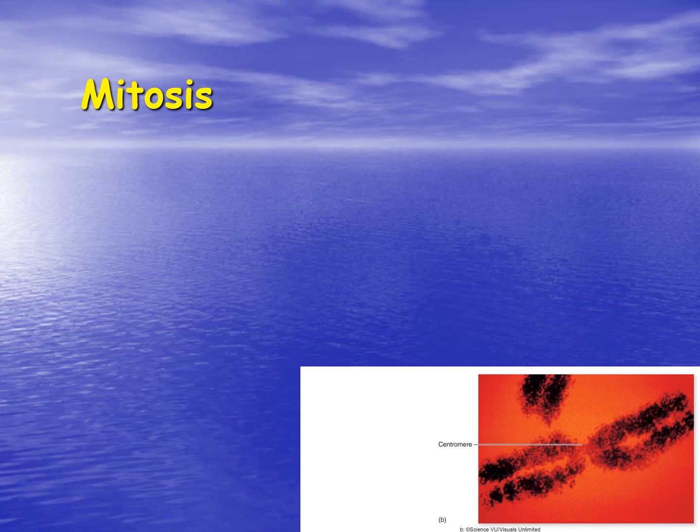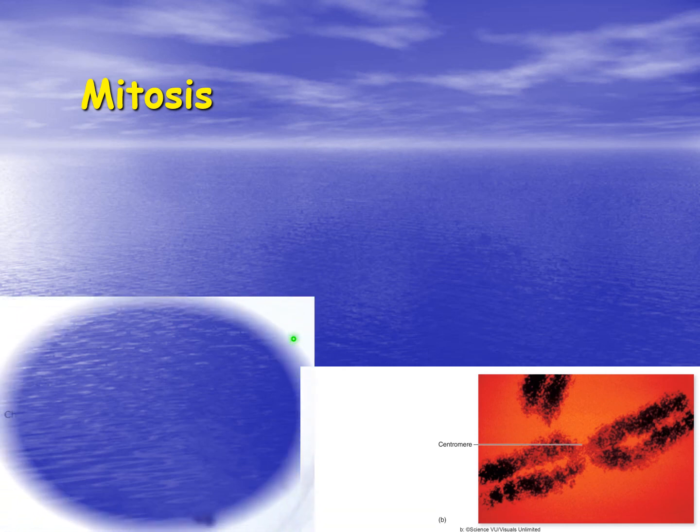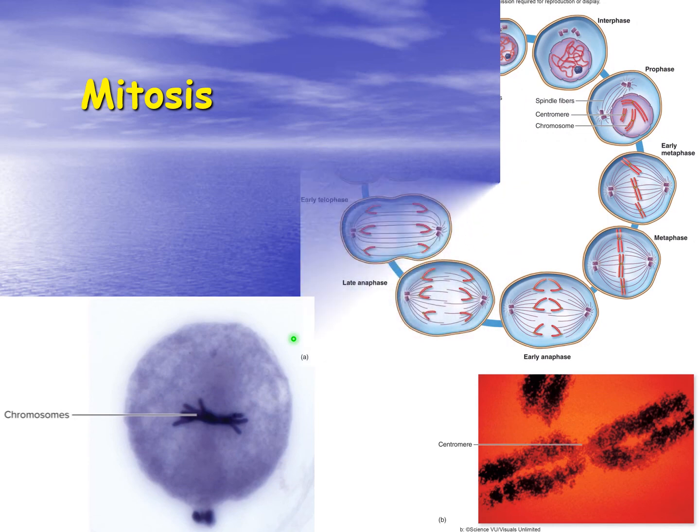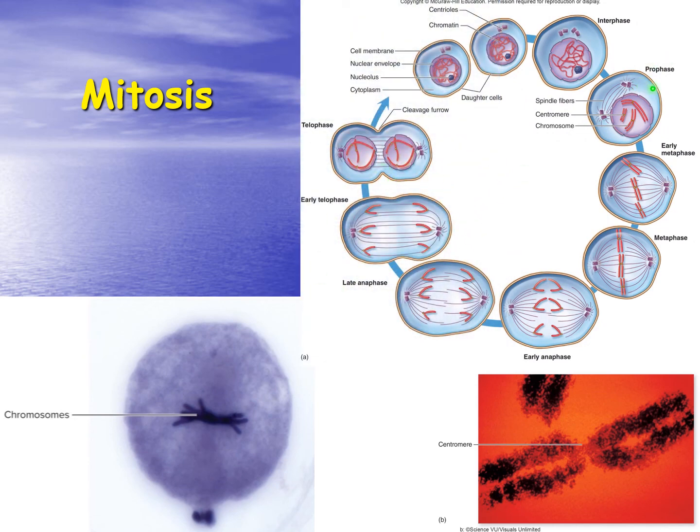So we have a copy of the chromosome made, and they are held together at the centromere. And so we have the 2 sister chromatids that give us this appearance of the X shape of the chromosome. So here are the chromosomes. The nuclear membrane will dissolve during the first stages of mitosis. The centrioles will then develop the spindle fibers. So the centrioles will move apart from each other and develop the spindle fibers. The chromosomes will align along the equator of the cell during mitosis.